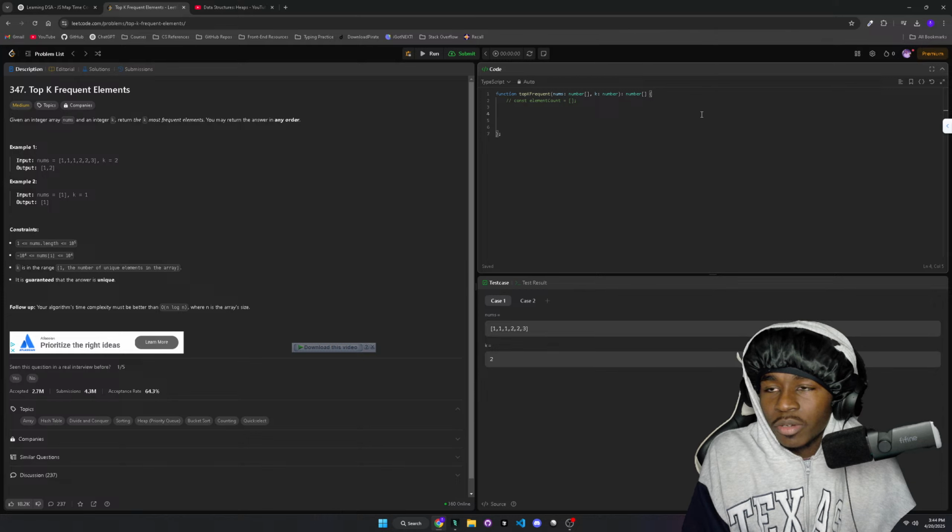And then we can loop through the array, right? So we can loop through nums. And in that array,